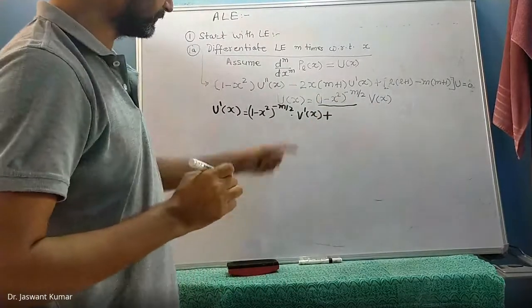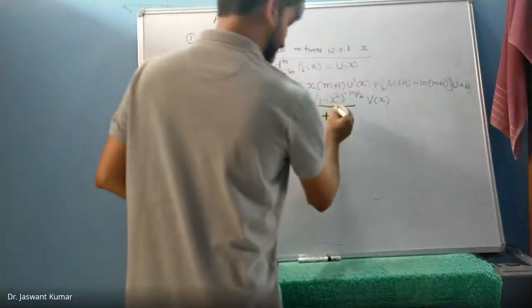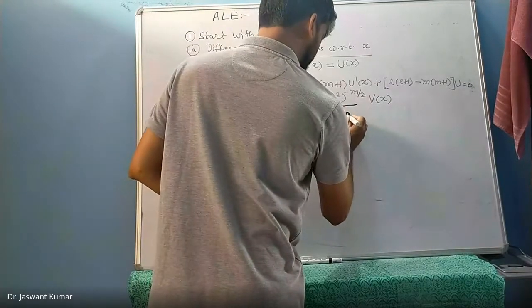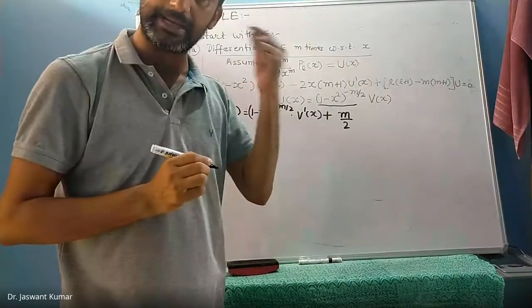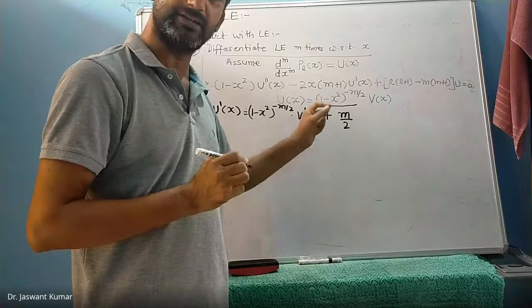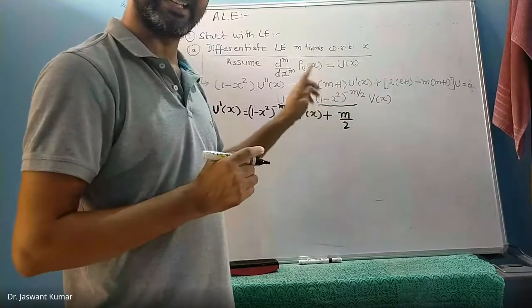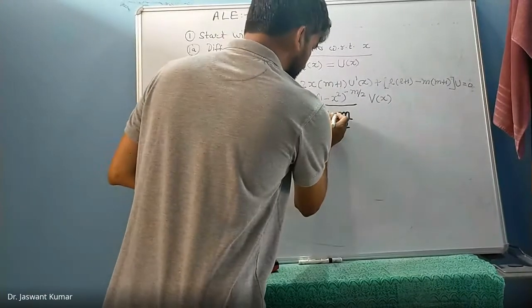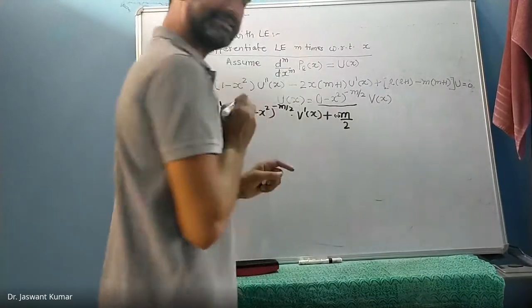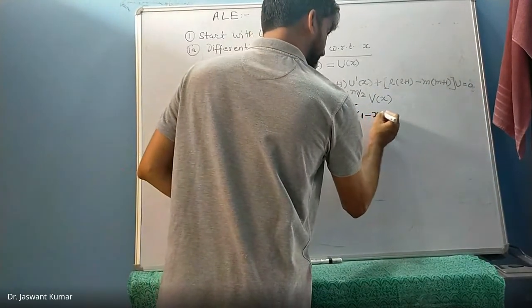dA by dx. So if you want to take d by dx of 1 minus x square to the power minus m by 2, then you know that this minus m by 2 will come over to the front. Remember, at the back of your head, this m by 2 is actually minus m by 2 because of this symbol. I have just written it as plus, but anyway, I will put a small minus sign. This is minus m by 2, and then the power gets reduced by 1.